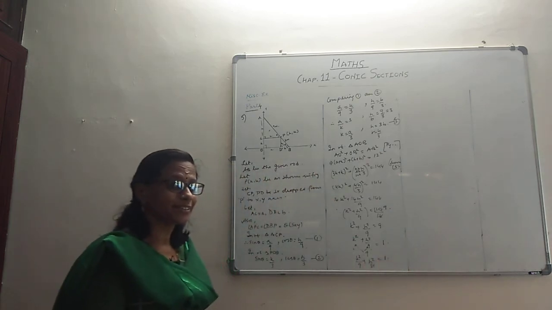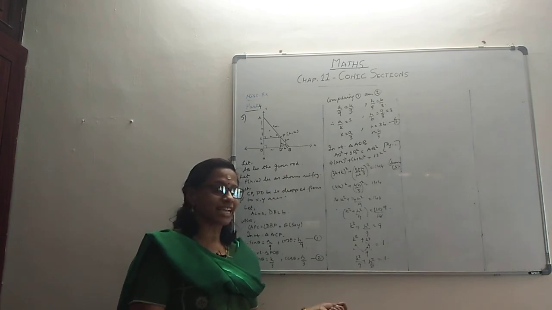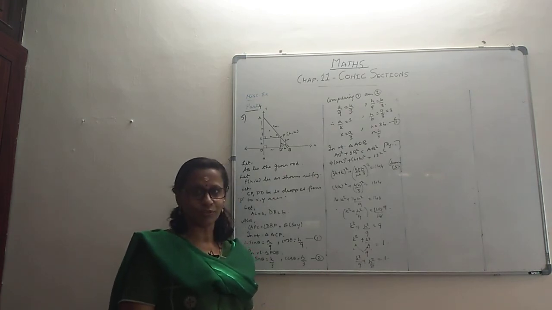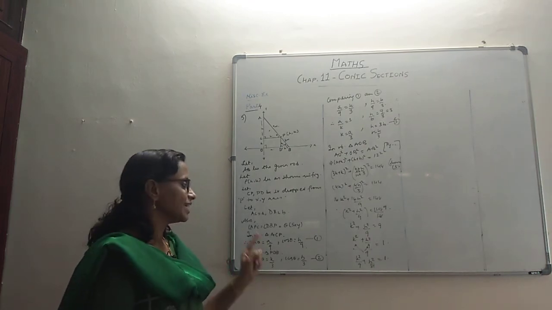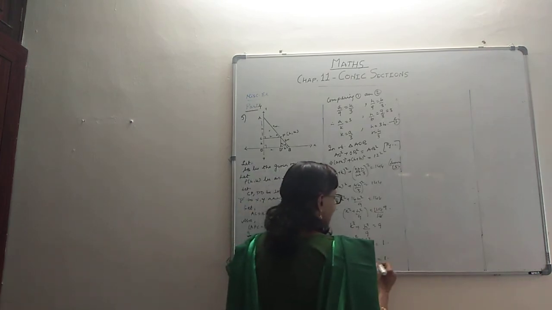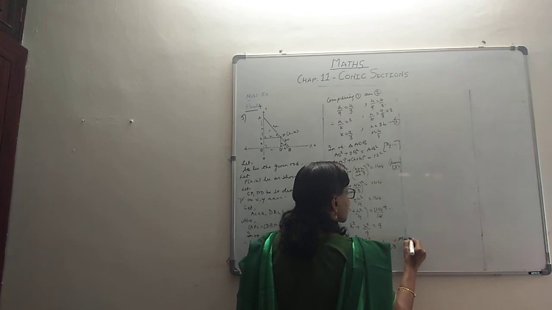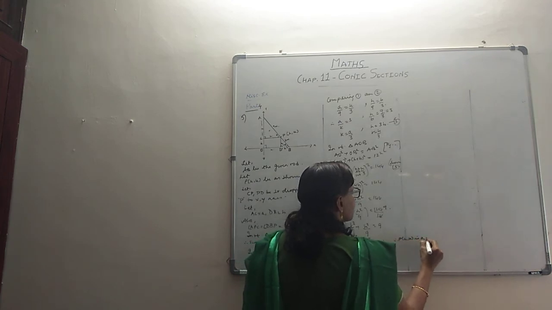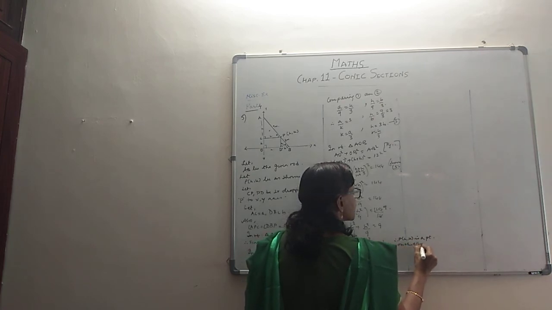That's an ellipse, right? So HK, which is a coordinate of P, is tracing an ellipse, and that's what the question is. You find out what path this point P is tracing. It is tracing an ellipse. So that is what we will say. Therefore, P(H, K) is a point on the ellipse.